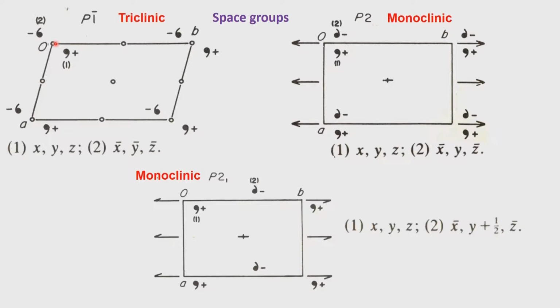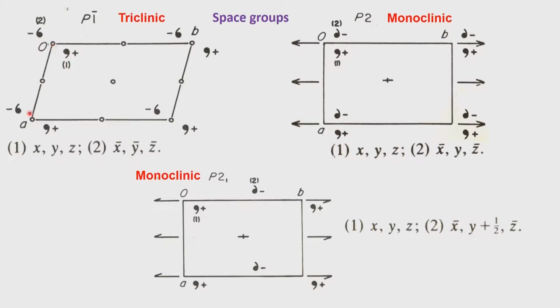Remember that every point in this 3-dimensional box, which is now shown as a 2-dimensional projection for our understanding, every point will have the center of symmetry. So, it means that if the object is here or object is there, they will all see the center of symmetry. The location of the center of symmetry with respect to this projection is shown here. Once it is at 0, 0, 0, that is our definition of 0, 0, 0. So, once we have defined the origin, the location of the symmetry is fixed. So, the location of the symmetry is fixed at 0, 0, 0.